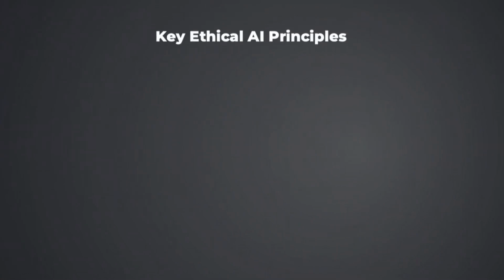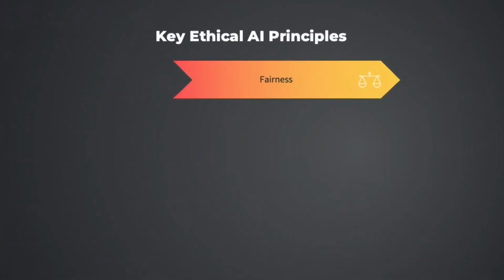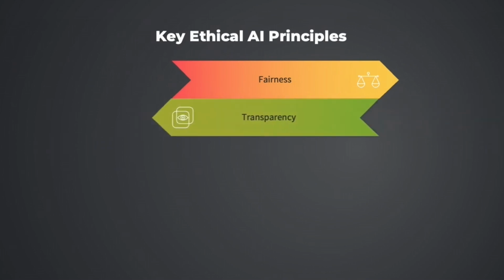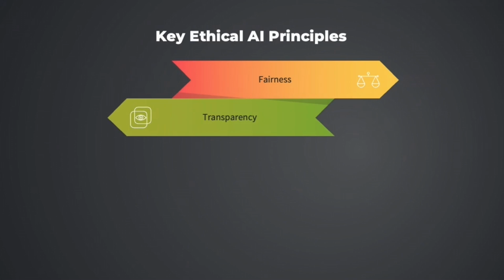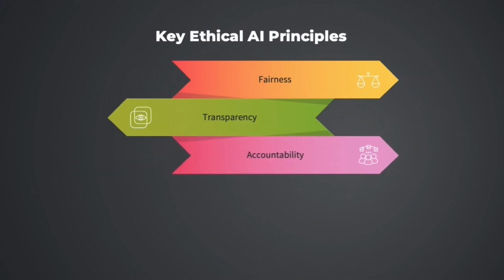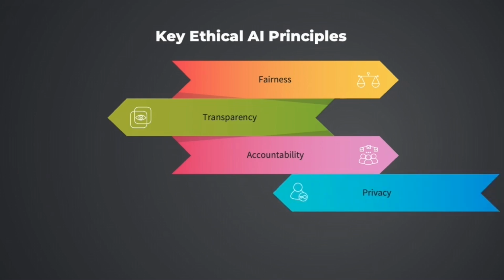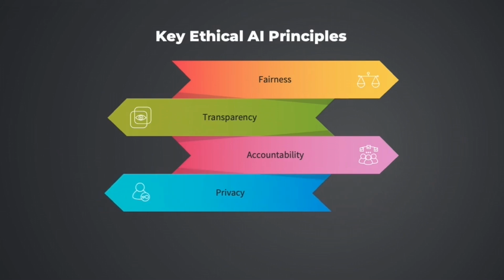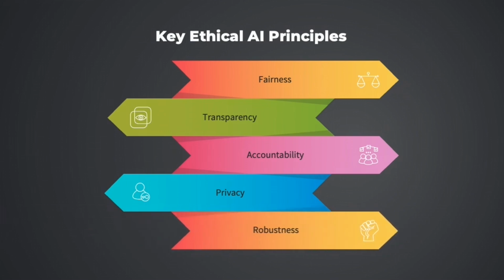Key ethical principles include fairness. Fairness demands impartial decision-making. Transparency mandates understandable AI processes. Accountability ensures those affected by biases have a means for redress or compensation. Privacy requires AI to respect personal data integrity. And AI systems must be robust and safe, capable of handling changing environments and data patterns. Rigorous testing protocols and contingency plans for system failures or unexpected outcomes are necessary to ensure the safety and reliability of AI systems.